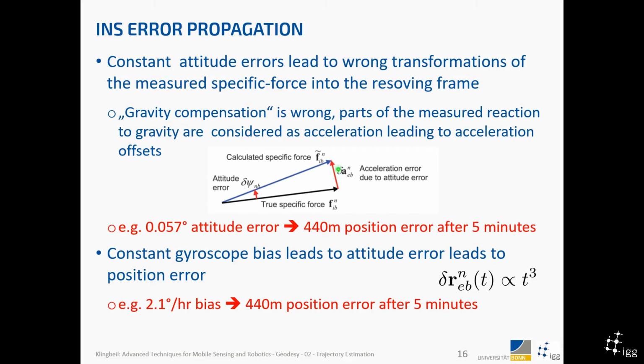Then there's an offset between. This offset here is actually coming from the gravitation, but it is assigned to a translational acceleration, which leads to a position change or velocity change and then a position change. So that means